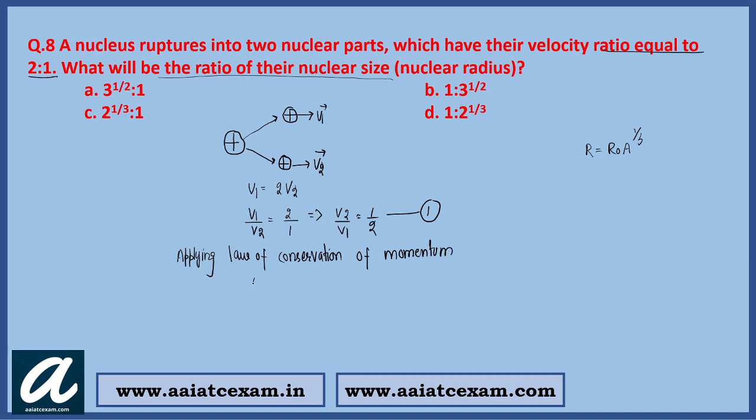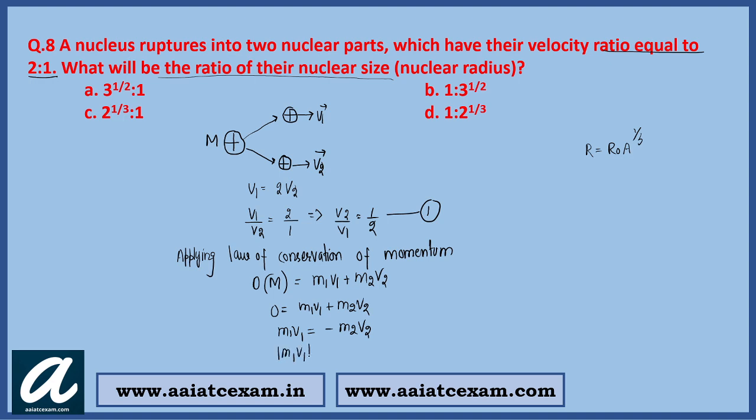Students, you know what is the momentum before collision? Before this rupture, it was at rest. This nucleus was at rest. Consider the mass of this nucleus was capital M. So this should be equal to mass of the first particle into velocity of the first particle plus mass of the second particle into velocity of the second particle. So students, I can say that 0 should be equal to m1 v1 plus m2 v2, or you can say that m1 v1 is equal to minus m2 v2. The negative sign is showing us that they will move in opposite directions.